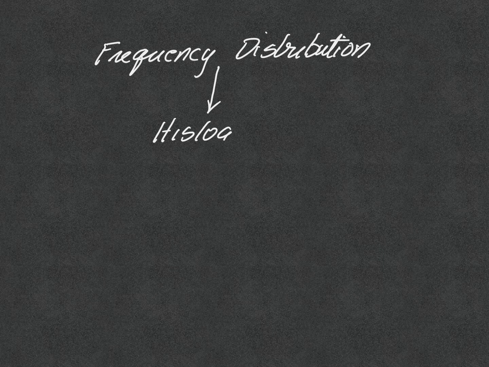So, what we've done so far is we have talked about a frequency distribution, and that's a great way to understand data. But sometimes frequency distributions kind of hide information in all the numbers. And so often what we'll do is we'll turn that frequency distribution into a graph called a histogram. And so this video is about histograms, the definition of which: a histogram is essentially a bar graph